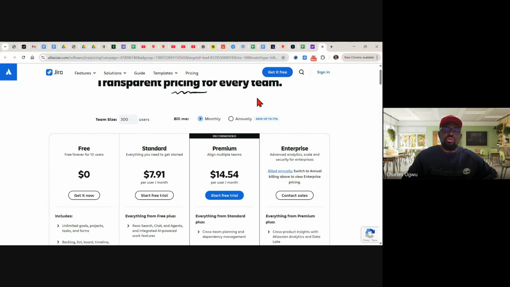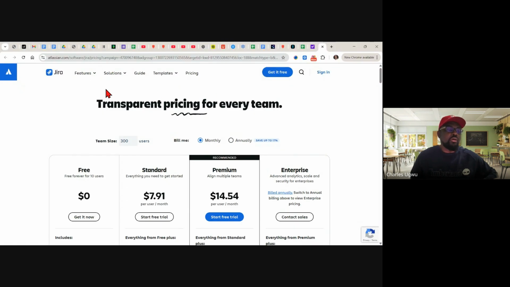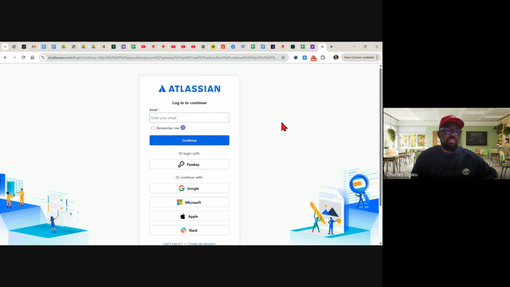This is where you're going to come to get started. So get it free, me, I'm signing in. Now it's bringing me to the sign in page where I will use my Google account. It's already prompting me to sign in using my Google account, which I'm going to do.